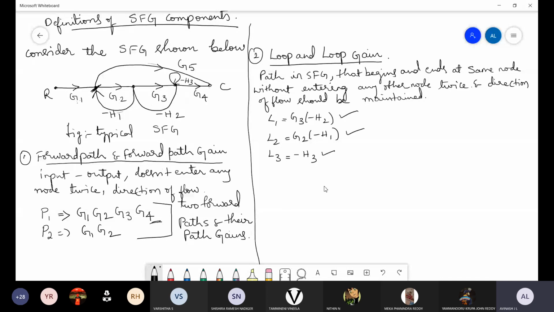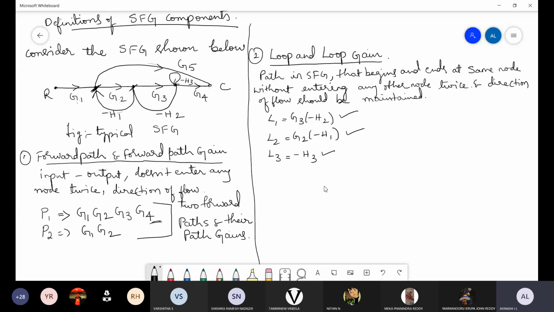We can ask, sir, if I take G2, if I go to G3, and if I come back to H2, and if I come back to H1, the path has been traveled. Correct, I agree. But when you see this one, from this node to this node we have already traveled, so only one time we have to go. Once you go from here to here, fine, no problem. From here to here, once again coming, no. So at this particular point, this node will be traveled twice. That is why G2, G3 minus H2 minus H1 cannot be considered as a loop.